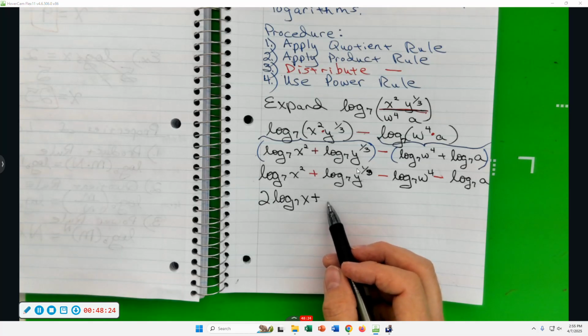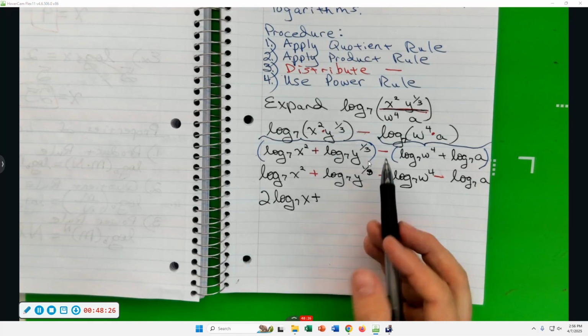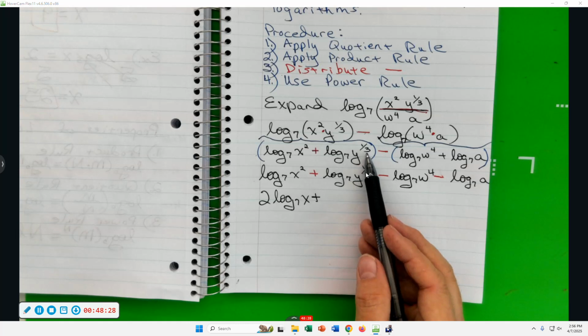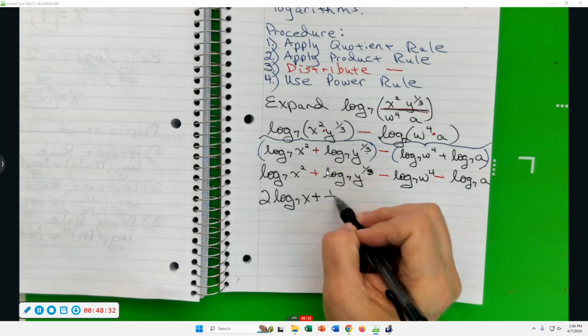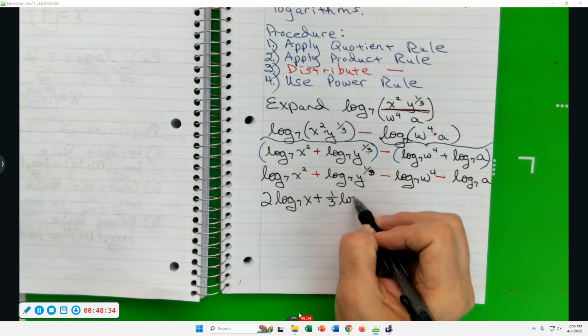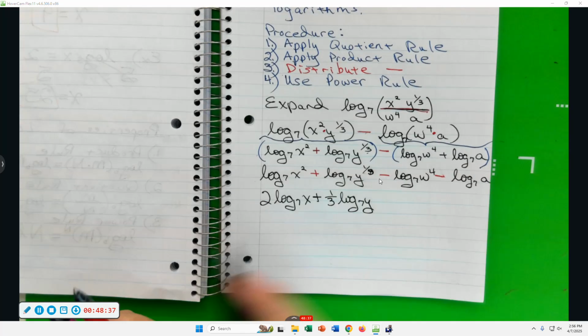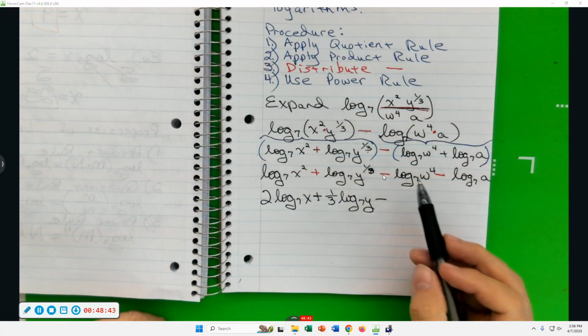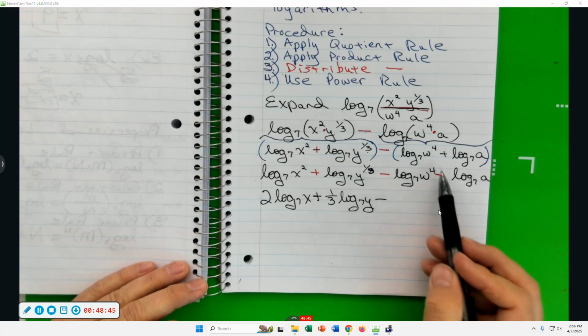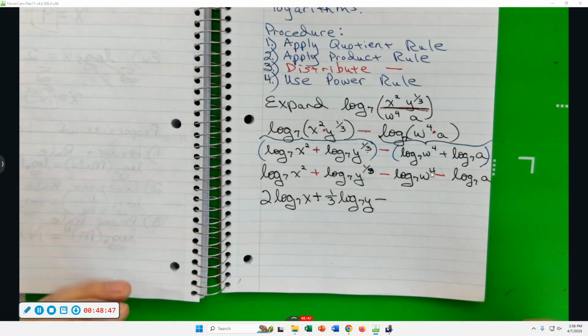The 1/3? That'll become my next coefficient. 1/3 log base 7 of y. So we're moving the exponent in front of the letter L. Minus, what's this third term going to become? 4 log base